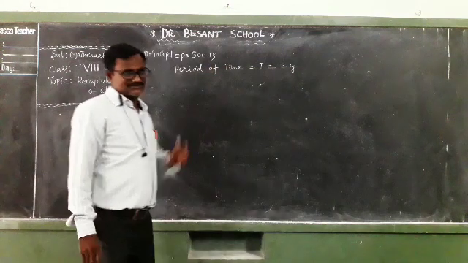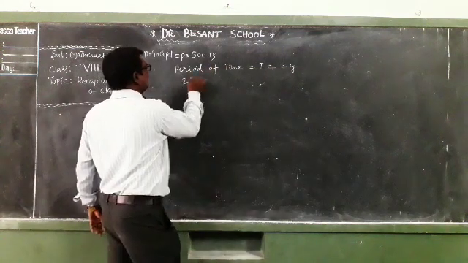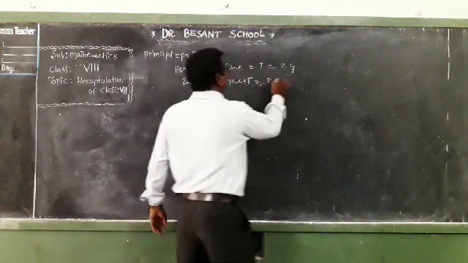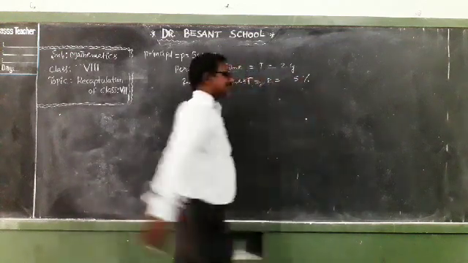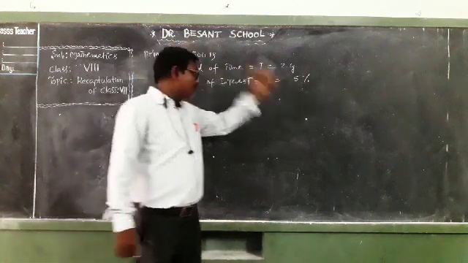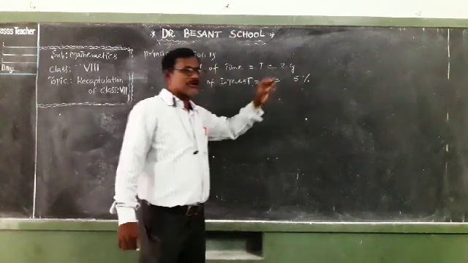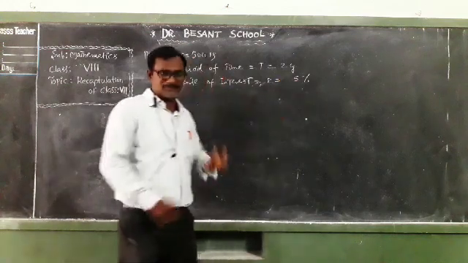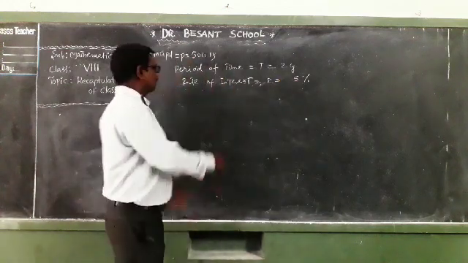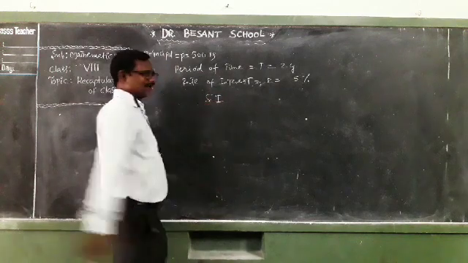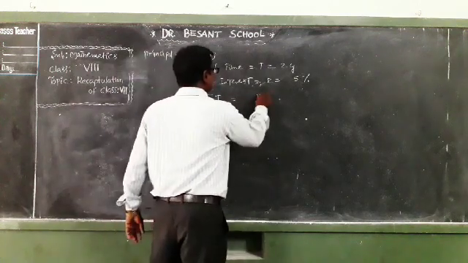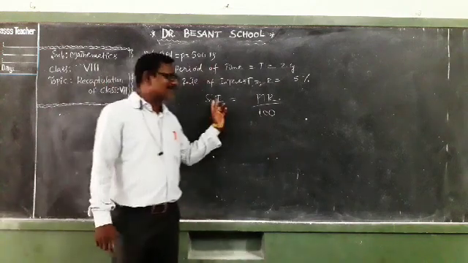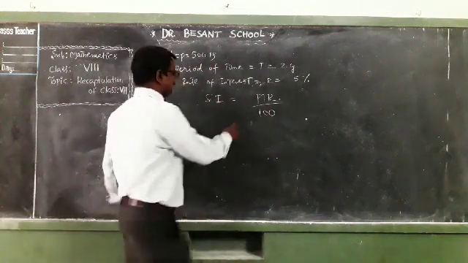At the rate of interest, I told him, R is equal to, let us suppose 5%. 5% means for every 100 rupees I have to pay 5 rupees extra. That is called rate of interest. So simple interest, SI, is equal to PTR by 100. This is the formula to find simple interest.